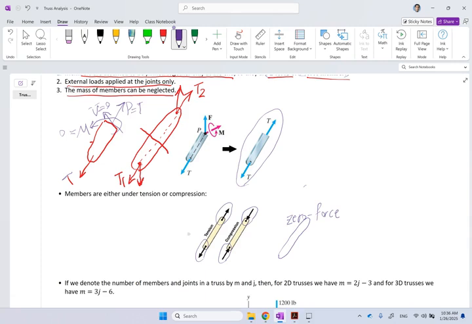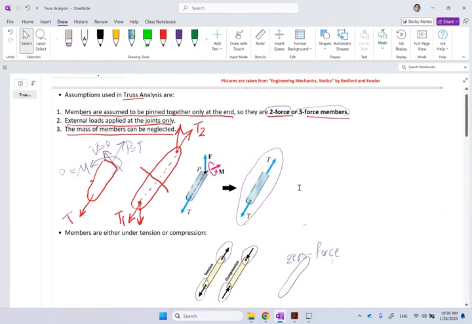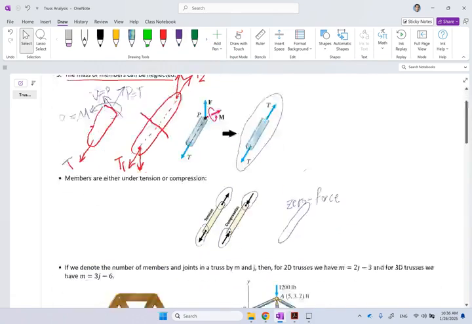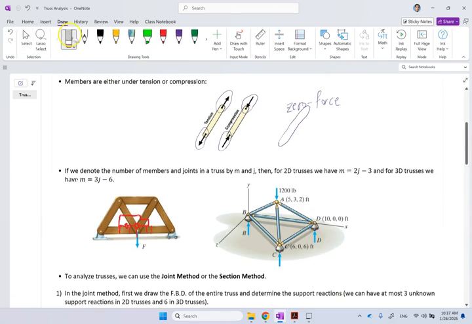Okay, so very fast, let me talk about a couple of things here that are important. One is, we said, if the masses of the members are not negligible, how would you handle that, right? So if this member here, let's call it member AB, if you call these joints A and B, if this member has some weight that cannot be neglected compared to F, what would you do? One simple thing they do in statics is they break that mg into 2 equal parts, mg over 2, mg over 2, and they put them over both of these joints